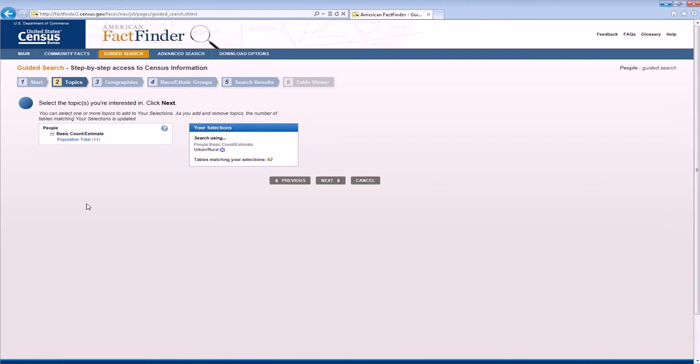So you'll notice that when you click on Urban and Rural to select it, it moves over here to your selection box. So your selection box is where you'll be collecting all of your search criteria throughout the guided search. And this is what will determine what census tables are pulled for us in the end. So once we confirm that Urban Rural is actually in our selection box, we will then click Next and move